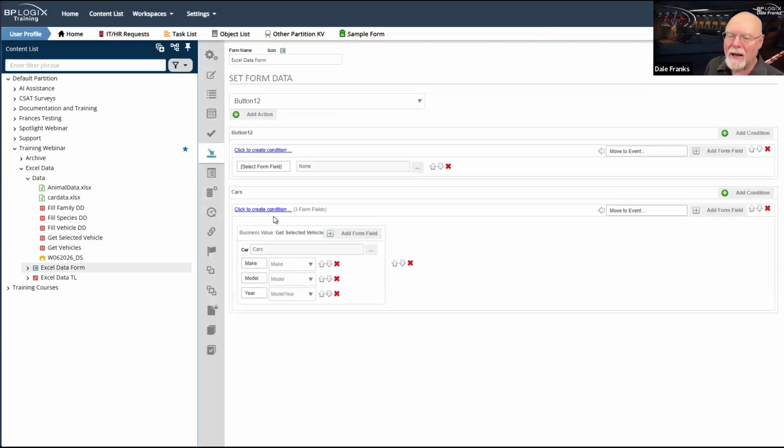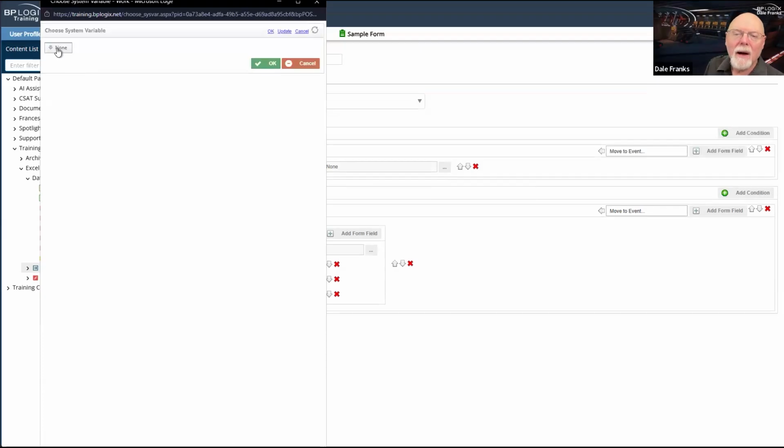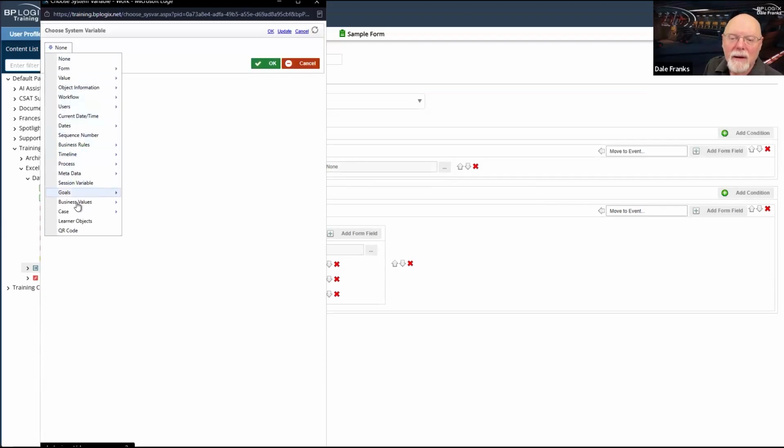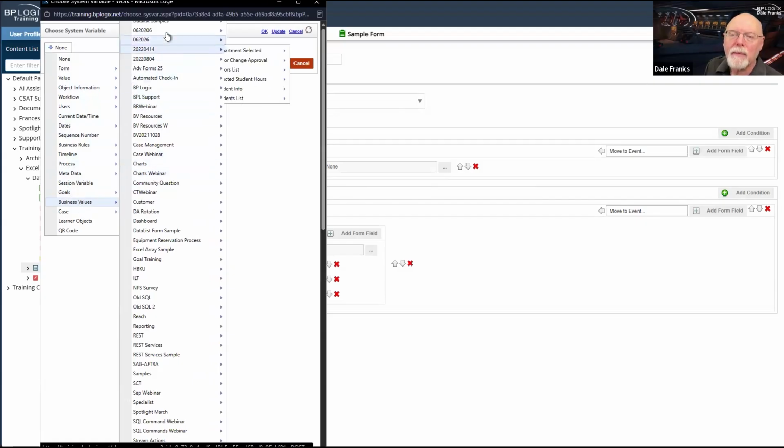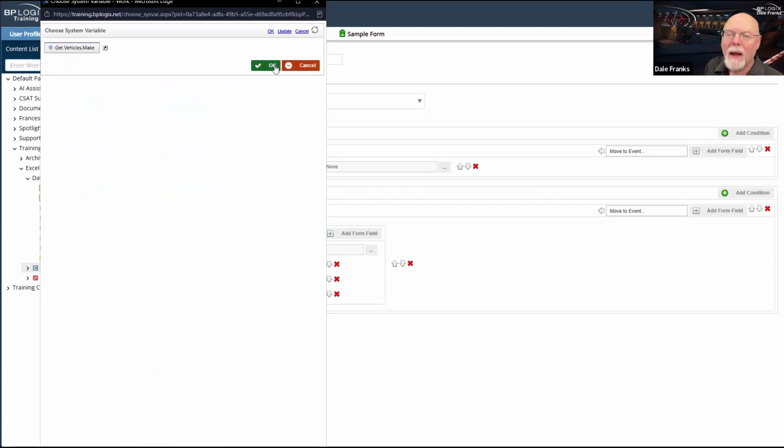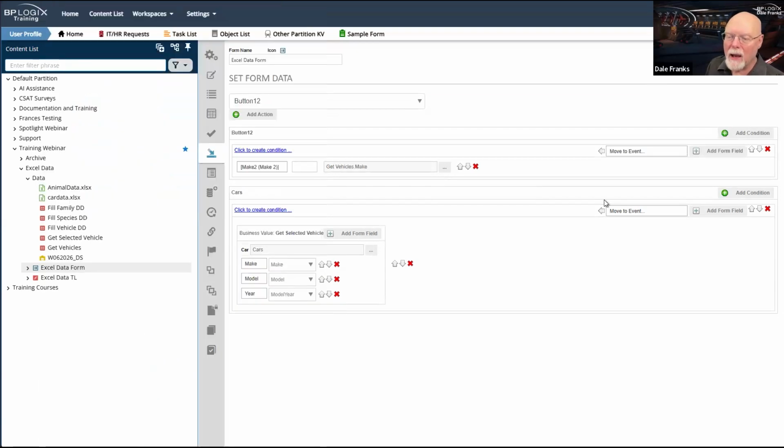I can add an action, and now I can go with make2 and business values, get vehicles, and that's make. And I can hit OK there.